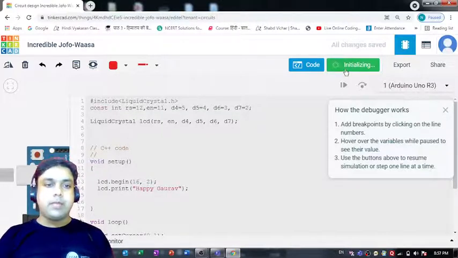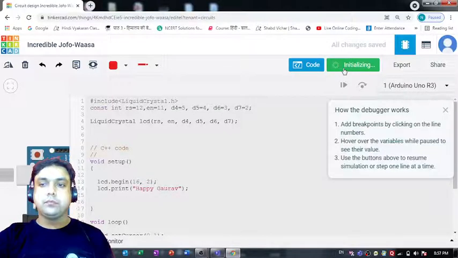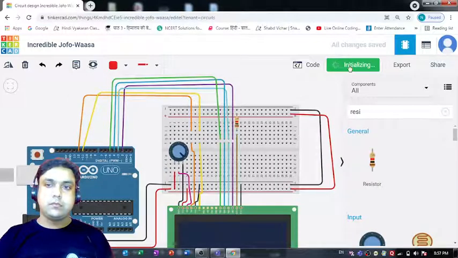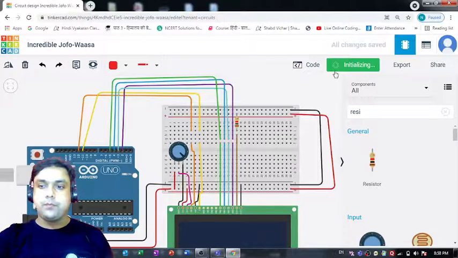Let me stop the simulation process first and see why this code is not giving me the correct output, and it's initializing. Why is it so? I'm not able to stop it. Let's wait for some time.